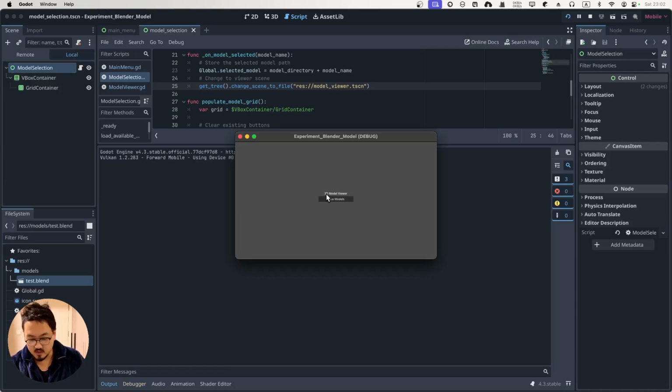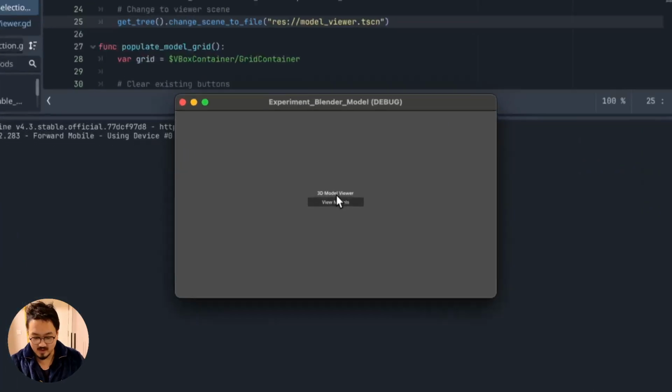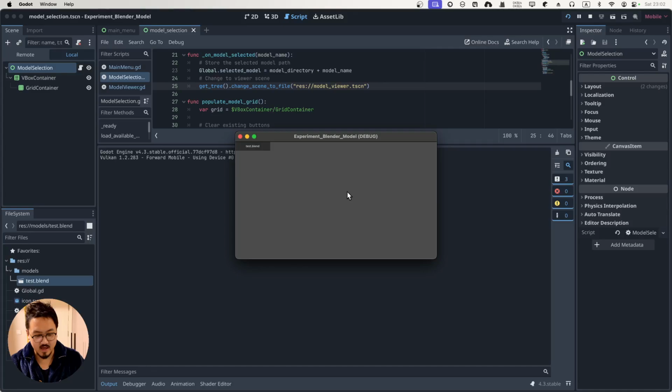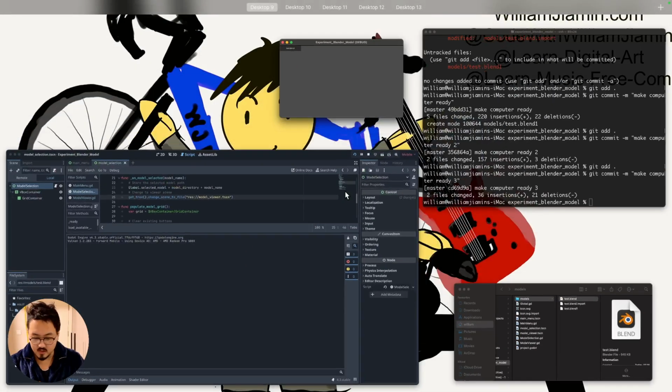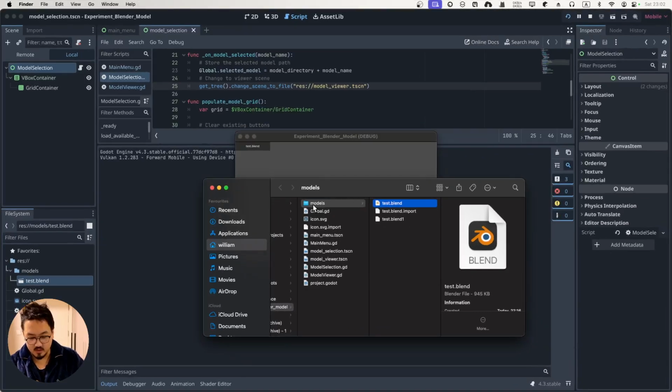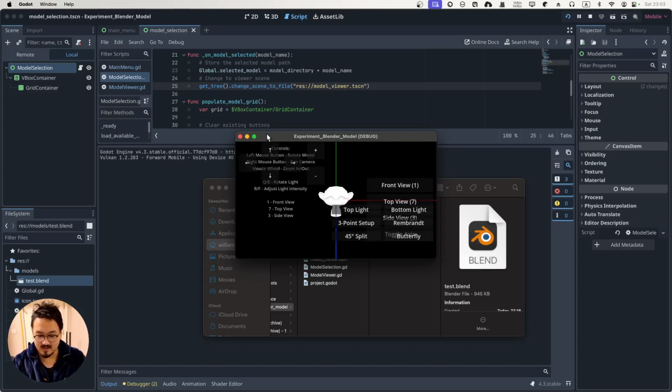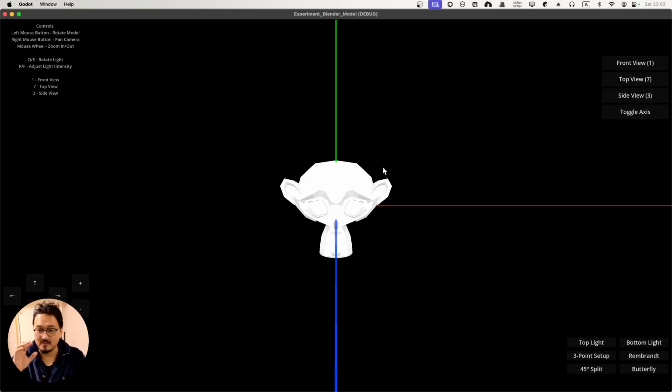And run it. We got a 3D model viewer, and we can view a model. We can load a Blender model. This is a test blend model that I created, and I put it inside the models folder, and basically it's just a Suzanne monkey. If you're familiar with Blender, there's a model called Suzanne the monkey, and it's just for testing. I just put it inside, and you can click and load this. And I quickly made a Blender simulator inside. Hopefully